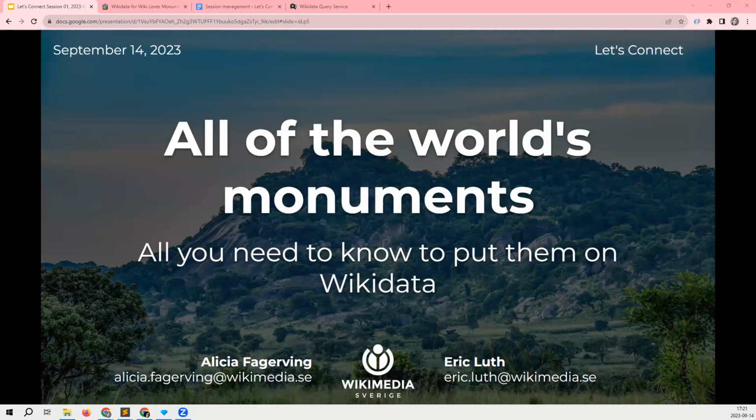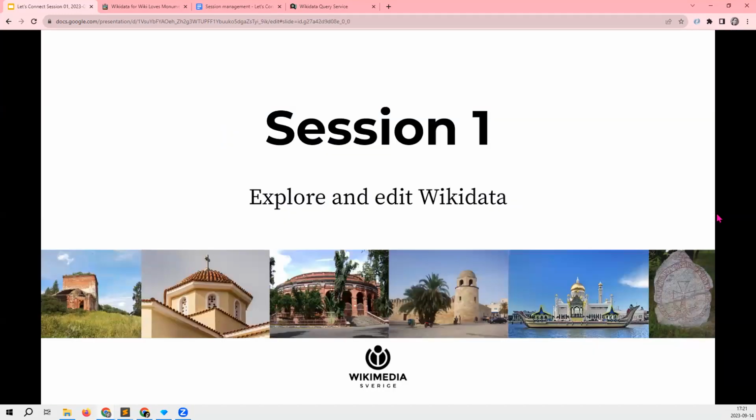We are here today to have our very first session focused on editing and improving Wikidata, and in particular, items related to cultural heritage.